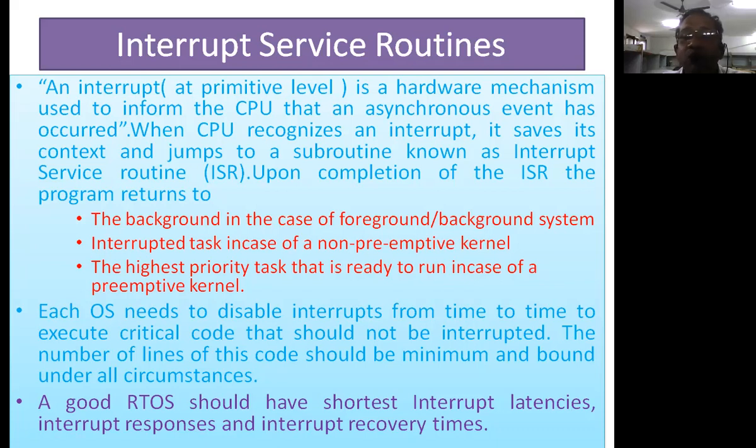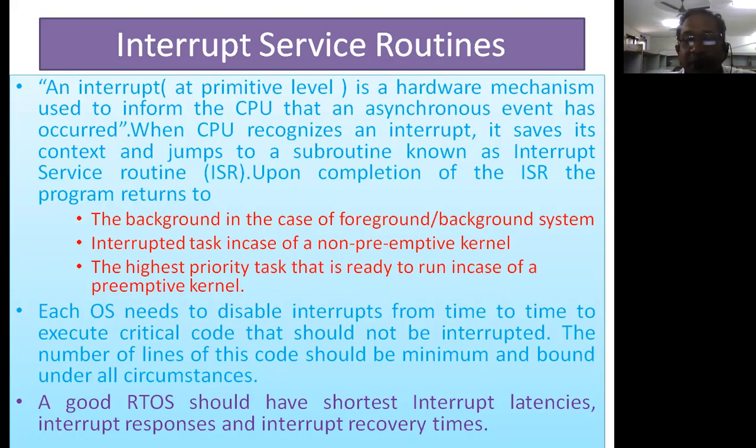So in that case, the control simply comes to the highest priority task that is ready to be executed, ready to run in the case of a preemptive kernel task. This is the difference here. You don't come back to its call location. It has to go to the highest priority task. After it completes, then the control comes back to the location where it has called. Sometimes it won't come there.